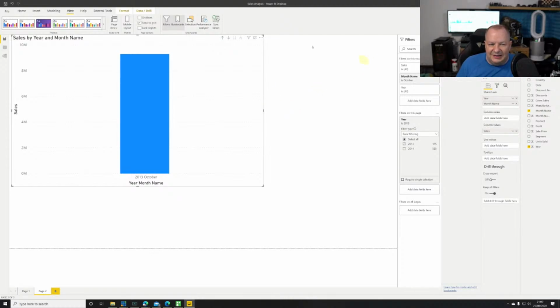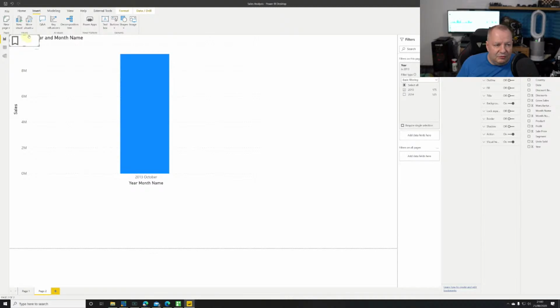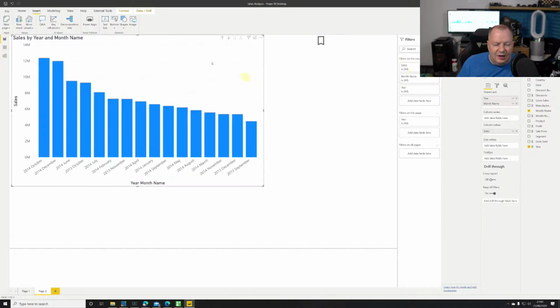I can insert a button essentially onto the report. Let me just do that. So I'm going to add a little button here. Let's do the bookmark one. There we go. So I'm going to grab that over there, put it there, and then in the action, I can choose the bookmark that I want it to apply. So here we go. Let's apply that one, and let's go and clear our filters. So go into this report, clear the month. So here we have, and then if I Ctrl+click inside of Desktop,